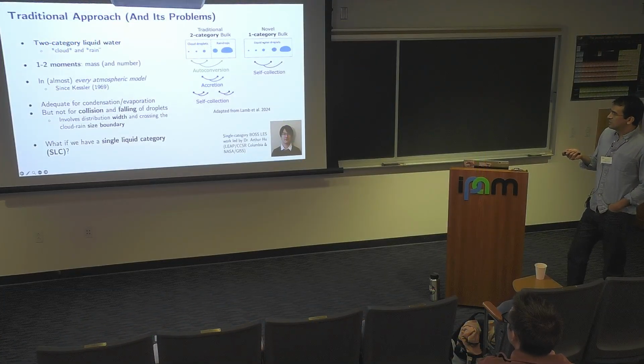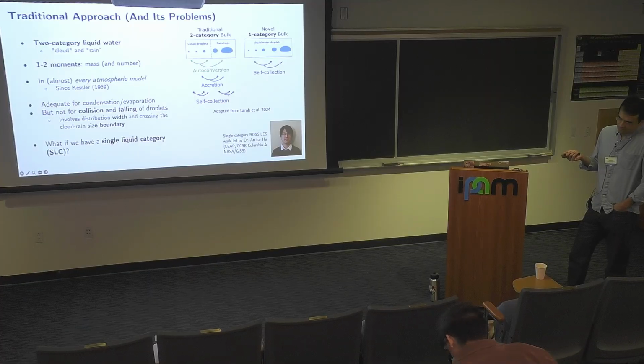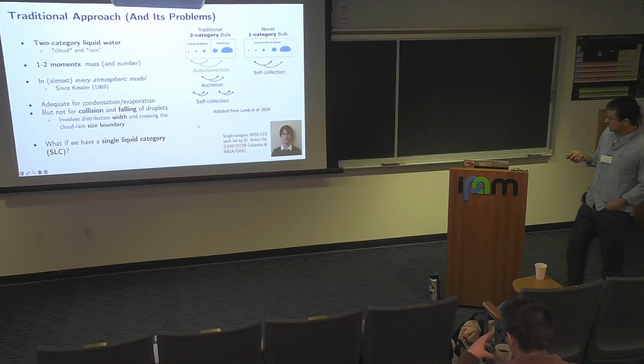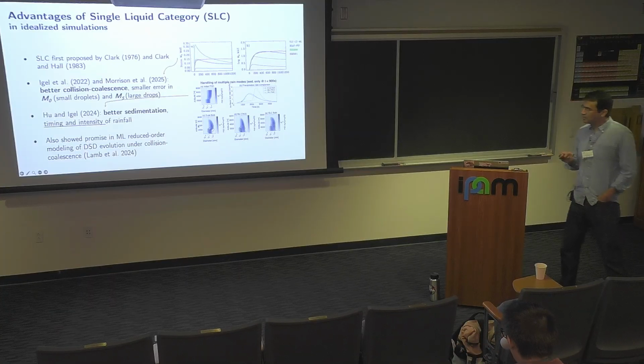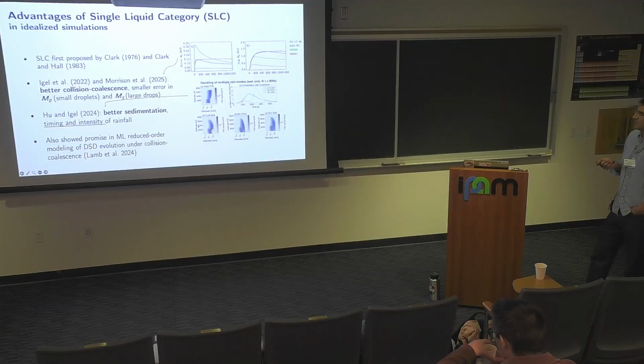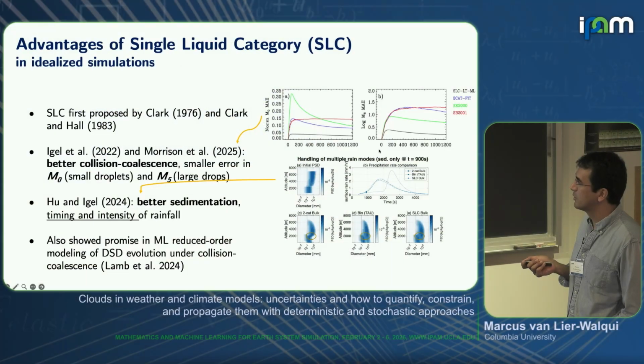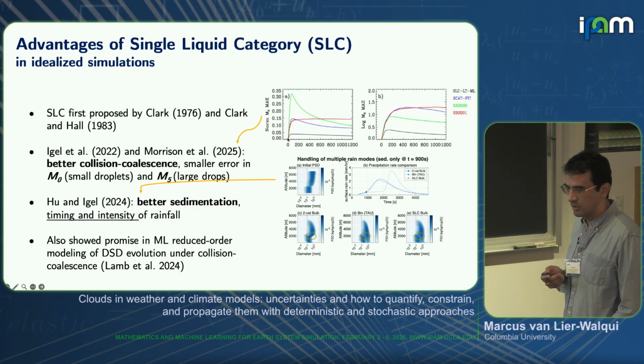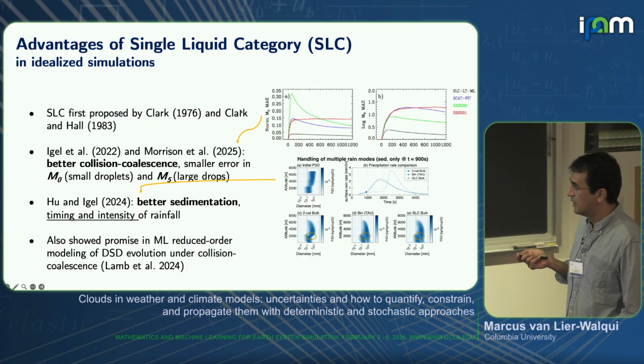But let's say that we just have liquid, right? Then we just have a single process, just collision coalescence. Does that make things better? Well, there's some research perhaps that suggests that it does. So Hugh Morrison has a recent paper where he's tested this out. I think Poulin will talk a little bit about what Hugh's done. Poulin's working with Hugh on this stuff as well.